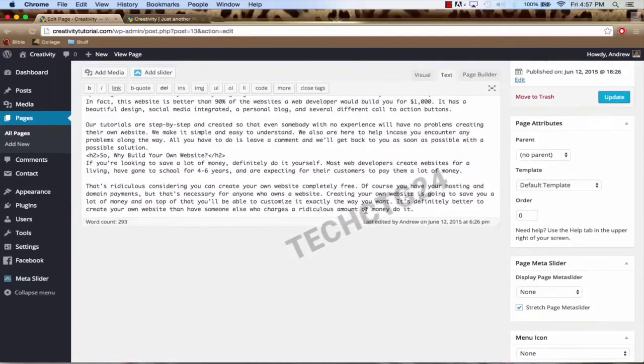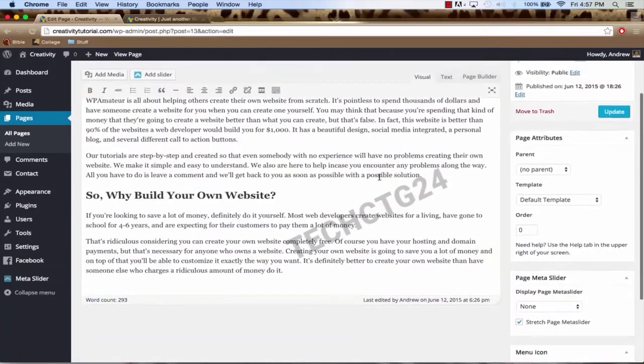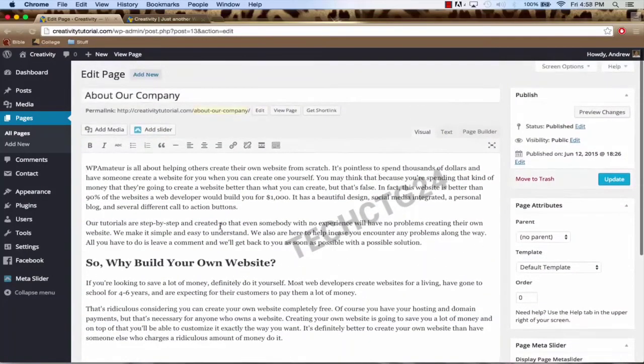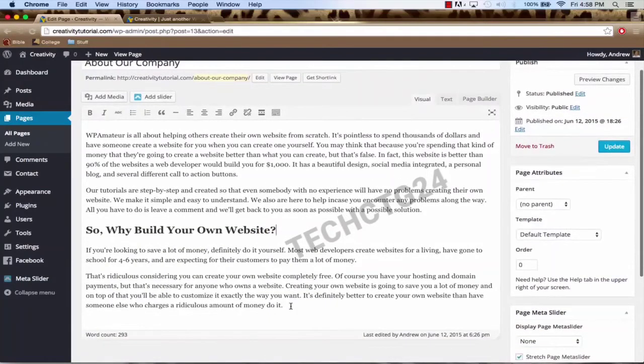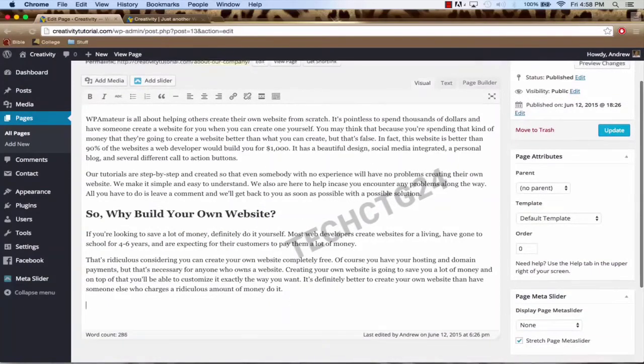So I can show you how to do that. This is something that I wrote, and if you're wondering how I got this to be bigger than the rest of the text, it's just a header. So for example, if you wrote all of this yourself, and then you came down and wrote something like "this is the conclusion,"